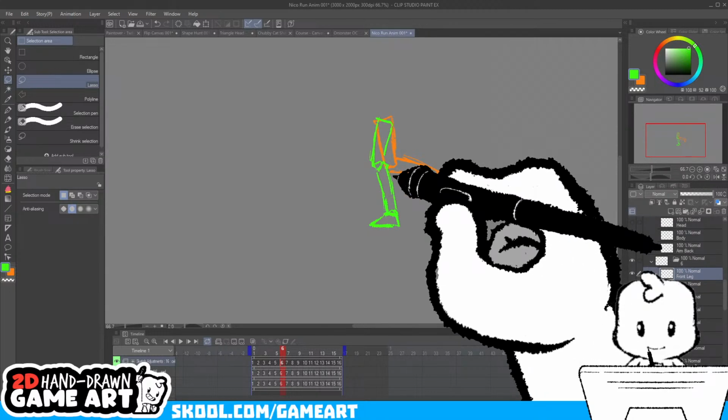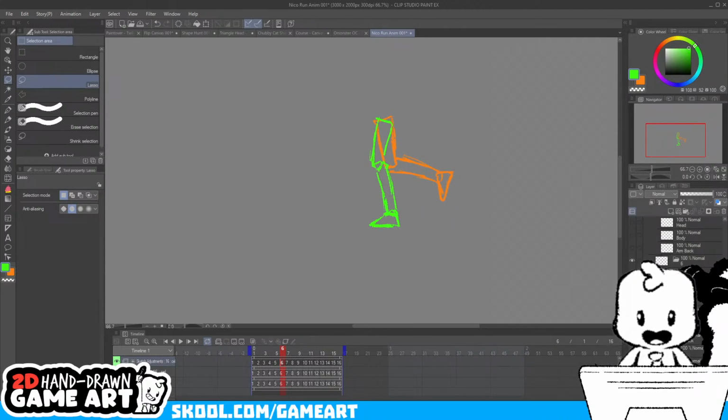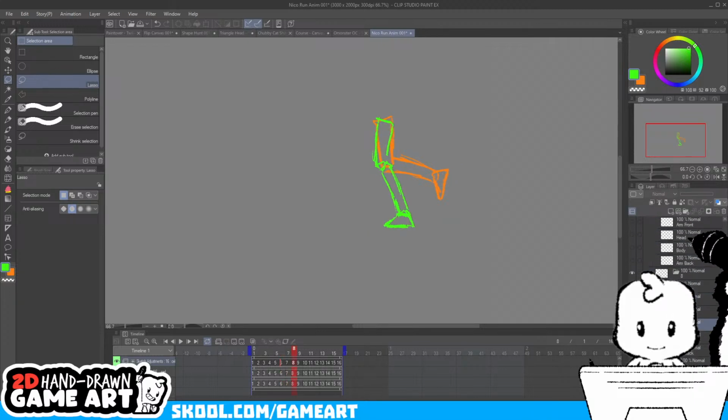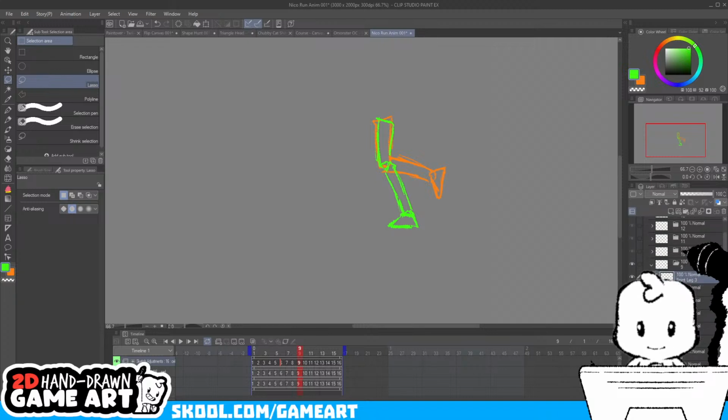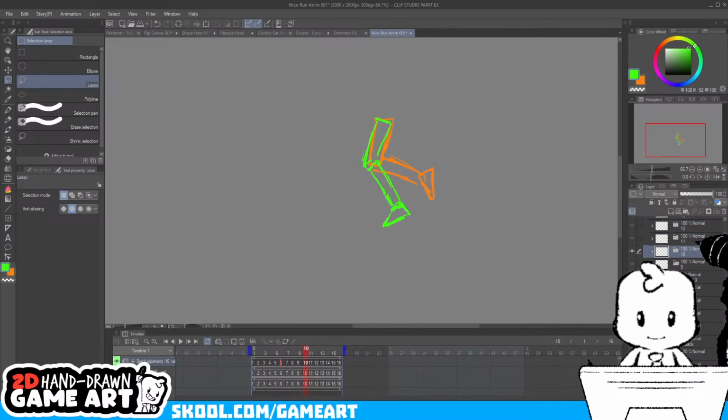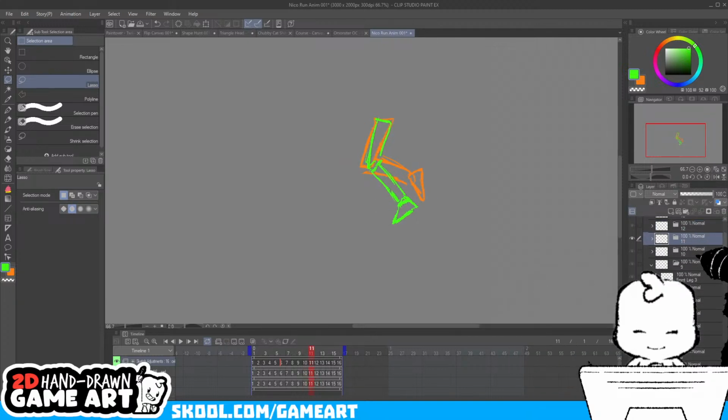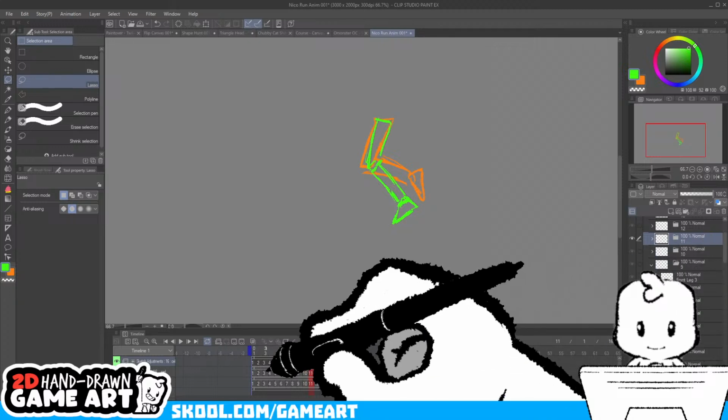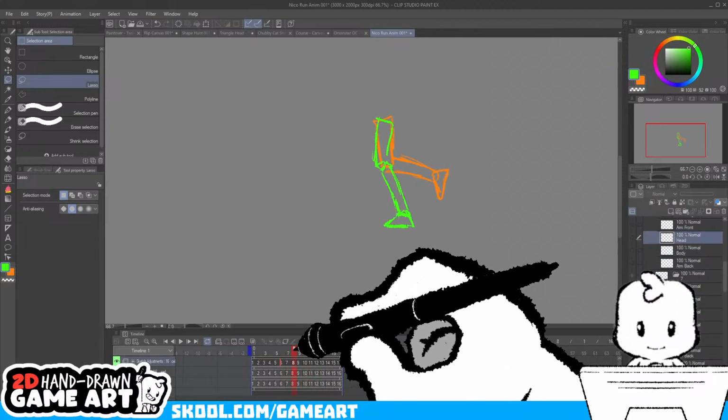I like the green, but the orange leg actually needs to be a different frame. It needs to be something like this frame here. Where's that gonna put us?